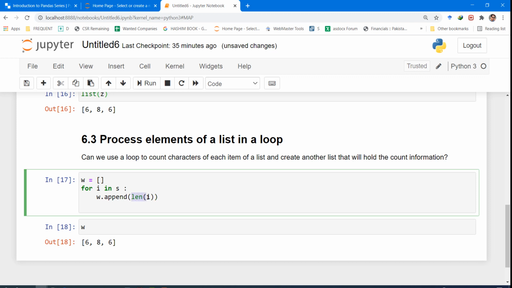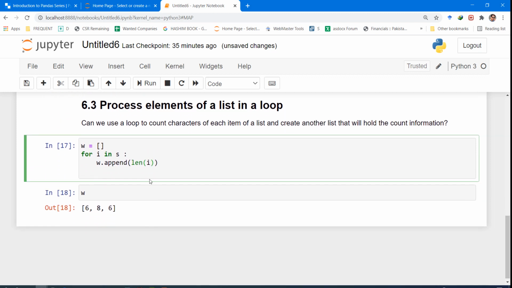What we shall append? We shall use the function len. And since we are looping through each item, the first item will be banana. So the length of banana will be appended to the W list. The second item is mangoes. So in that case, I will be equal to mangoes. So we'll append the number of characters again to W, and so on and so forth.